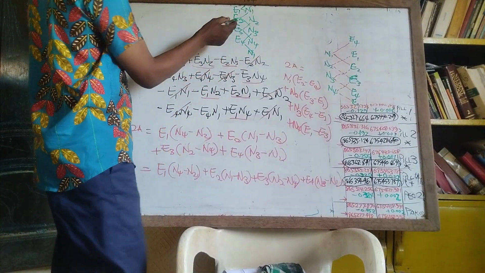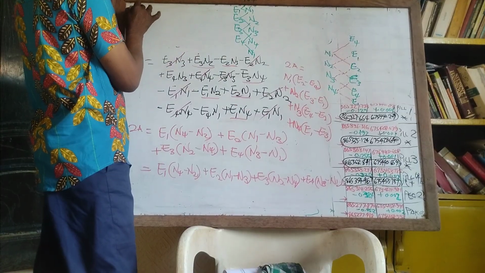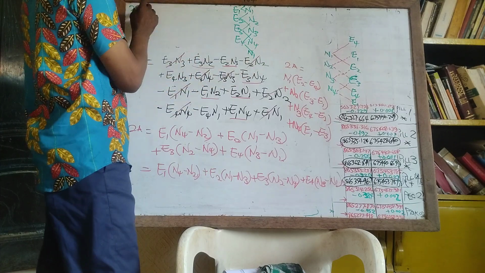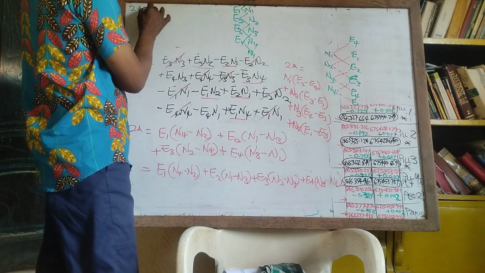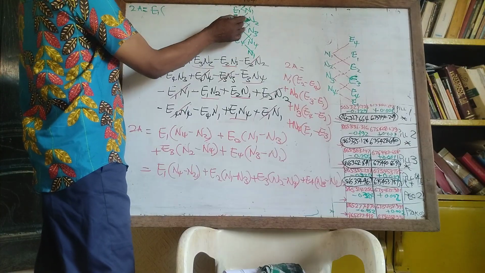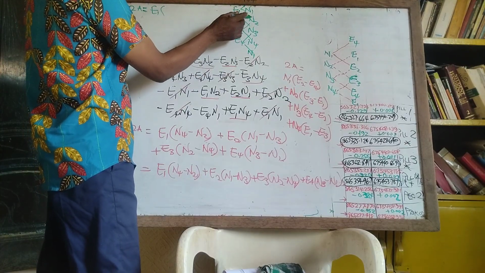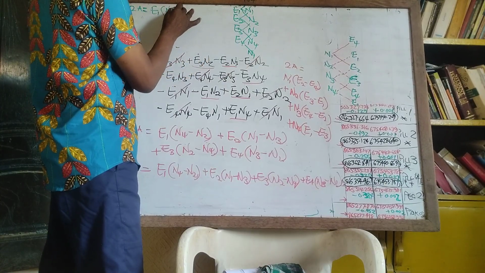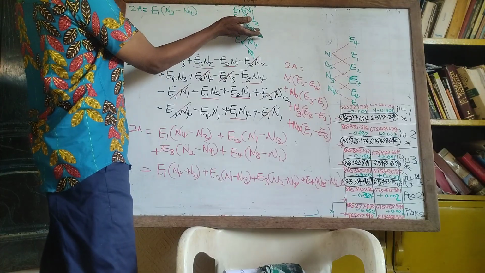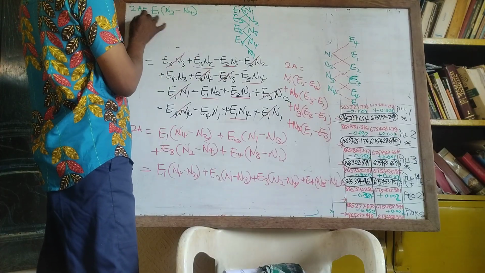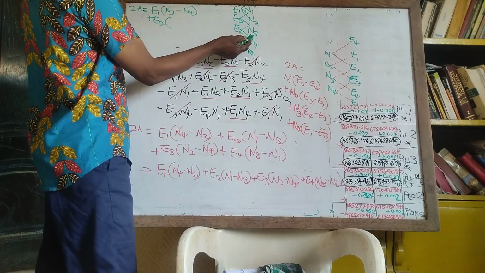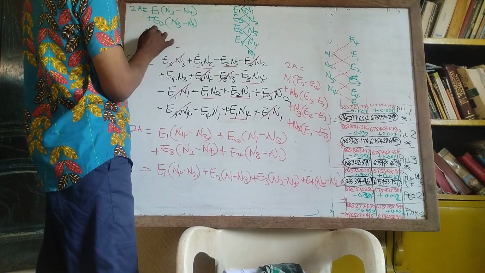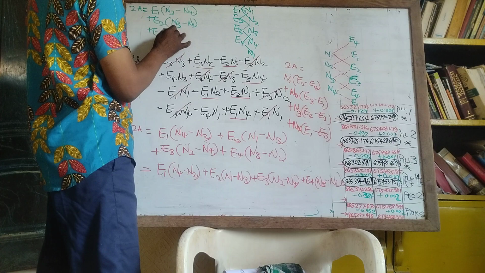And then if you do it this way, it will give you 2A. One of them will give you a minus, so you reject the minus. So 2A will now be what? E1 into N2 minus N4. You go from bottom to the top, plus E2 into N3 minus N1, plus E3 into N4 minus